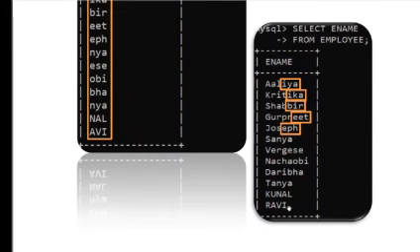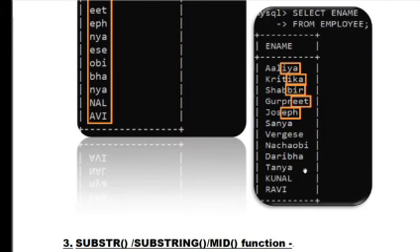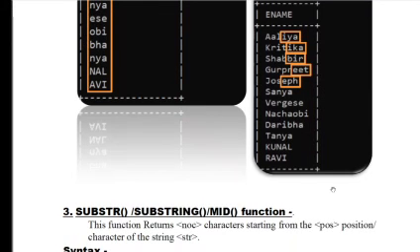Now move to the last value, which is of 4 letters. From the right-hand side, it moves towards the left like 1, 2, 3. At this point, it stops and starts reading rightward. So it will read AVI. That's why the output is AVI. So mind you, students, MySQL always reads rightward, and it returns you the value, not in reverse order.